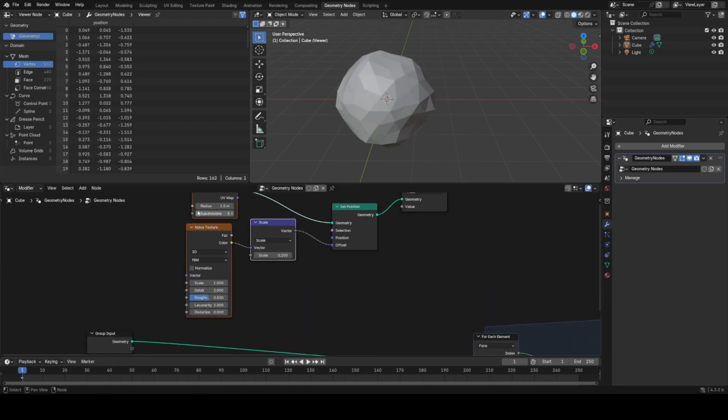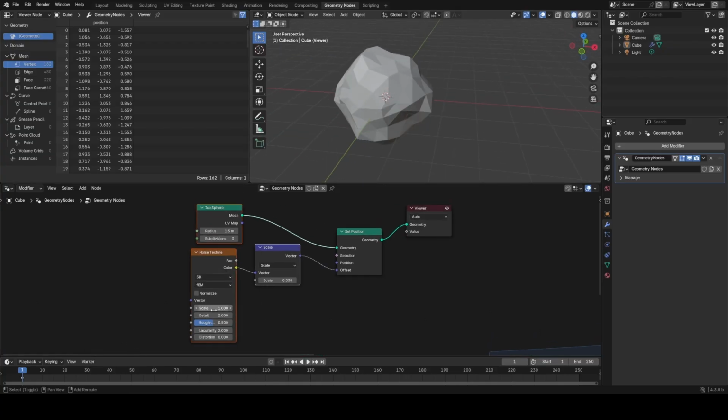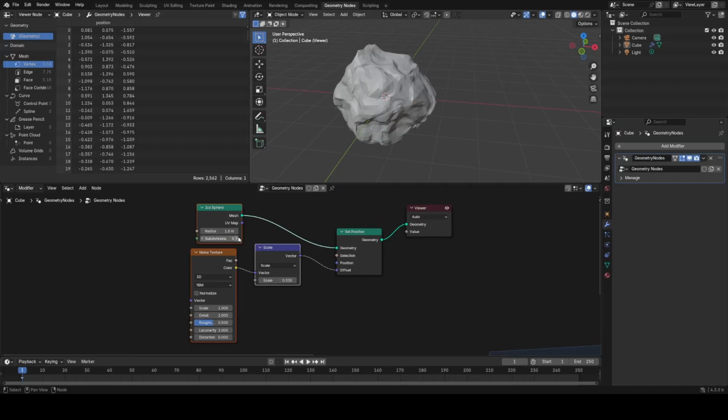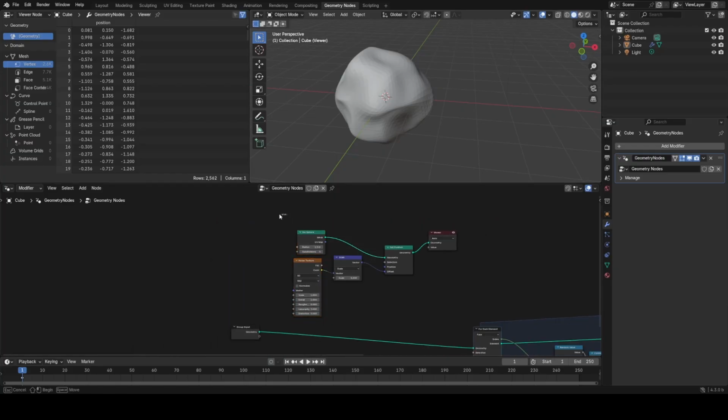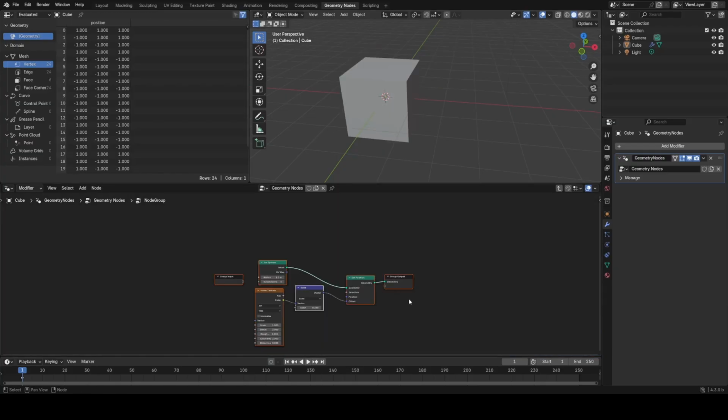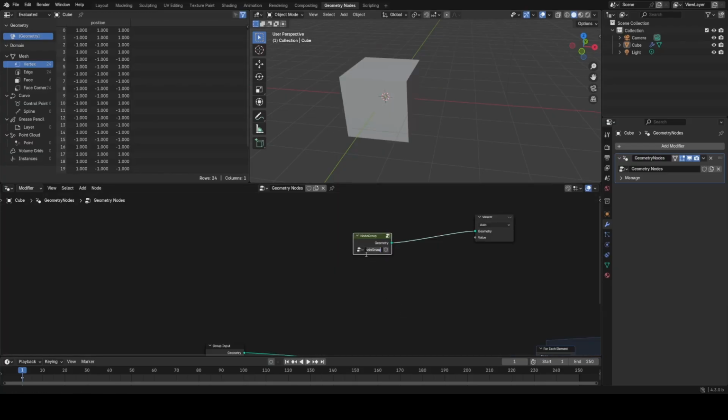And we're really happy with it, and we want to make 1,000,000 iterations of this with different parameters for this noise and the scale of this and everything. We want to randomize all these parameters. So what we can do is group this up, and we call this our rock,